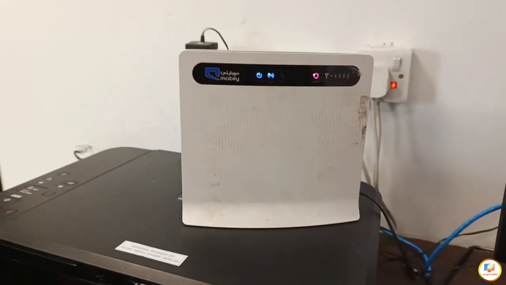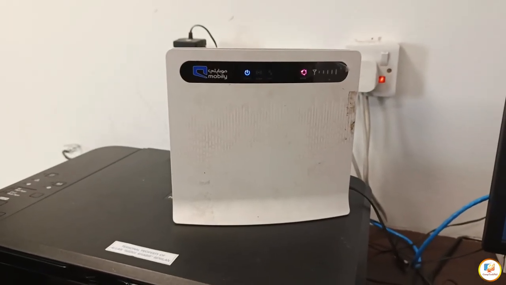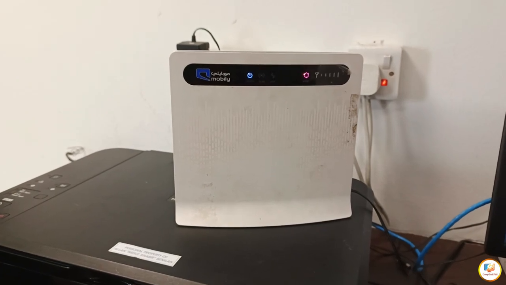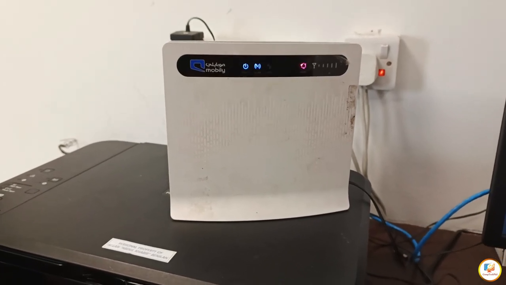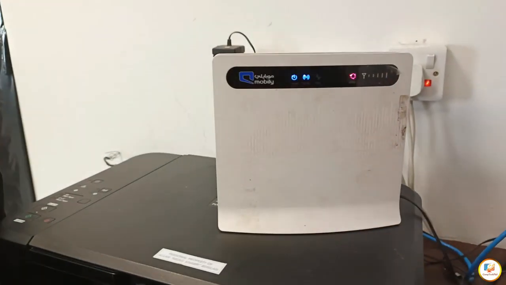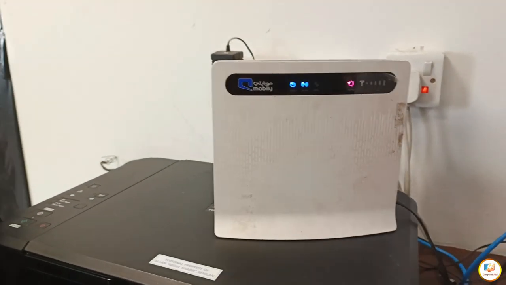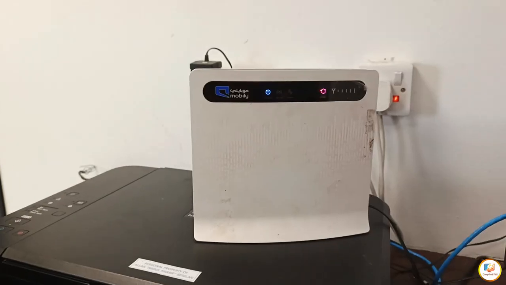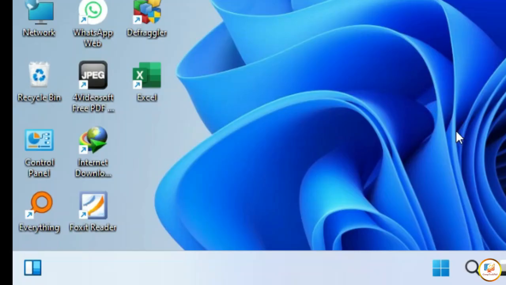First step, we're going to identify the IP address of this main router. Now, open your computer.